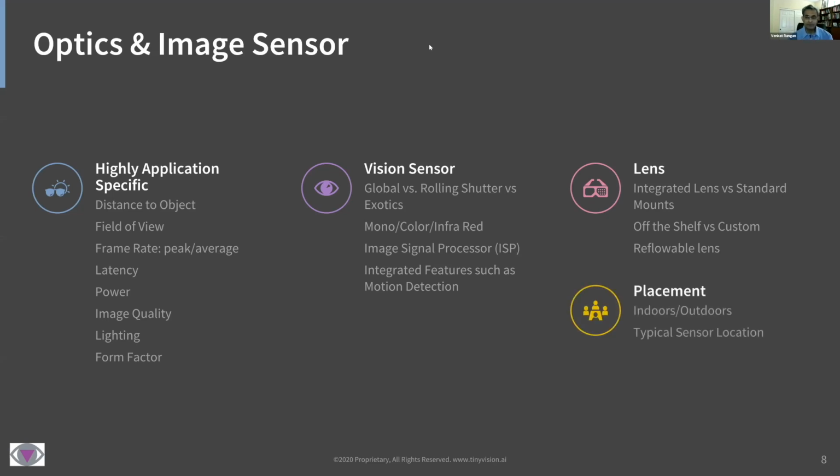Placement is something I briefly touched on, but think about it this way: where is your device going to be placed? Is it going to be placed in the roof? Is it going to be placed on the side of a building? All of those determine what kind of data sets you're going to use. It also determines what level of accuracy you can expect. A sideways people detection, for example, is far less accurate than doing top-down. So if you have access to the roof, you do not have to deal with the occlusion of people as they walk. Right? So these are all things that go into the product design that is important to think about at the beginning.